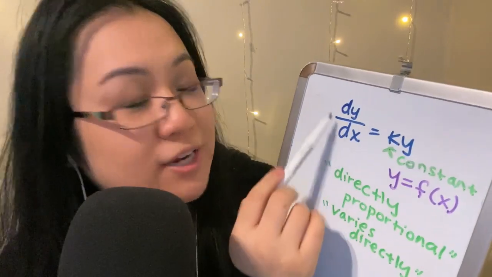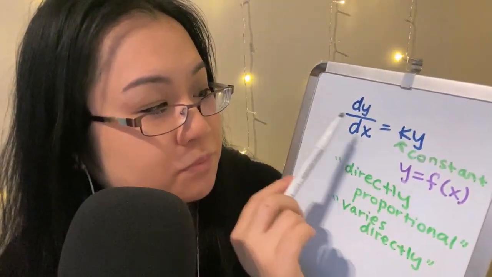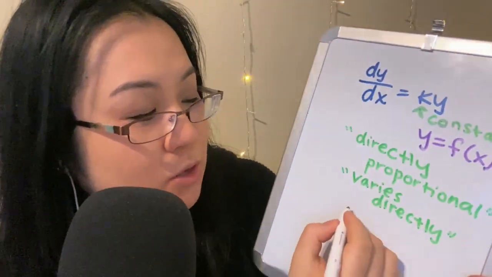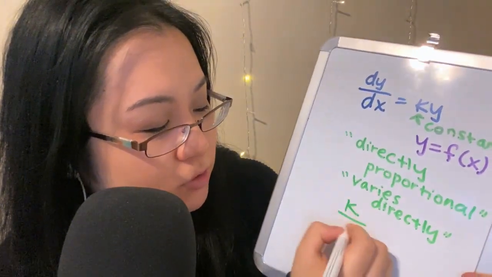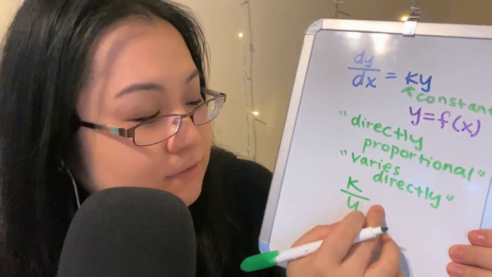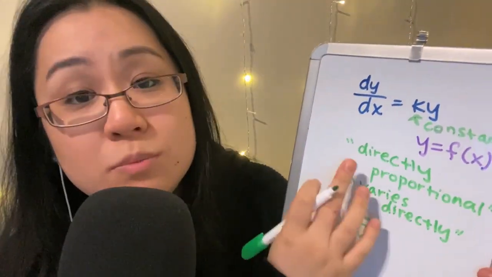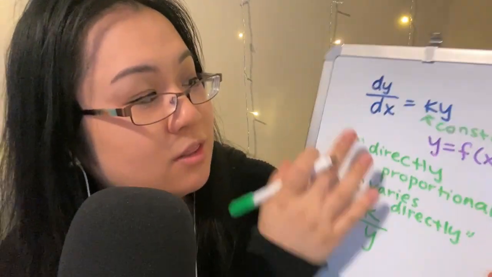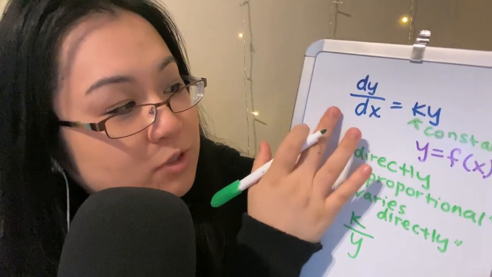So it's directly related, directly proportional, as opposed to the concept of inversely proportional, which we don't have to worry about for these kinds of questions. But inversely proportional would look like this. We still have our constant, divided by our function now, and the reason it's inversely proportional is basically if y gets doubled now, then the rate of change, if this were dy dx equals k over y, this would be halved.